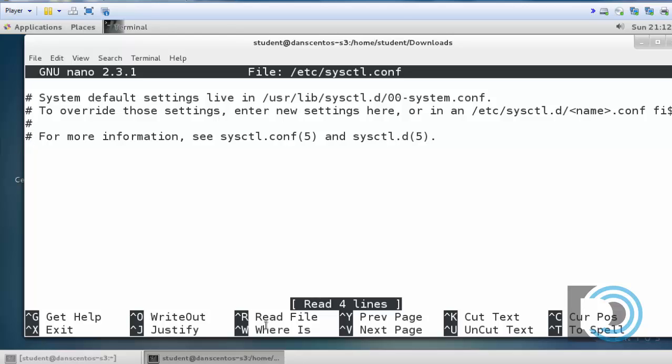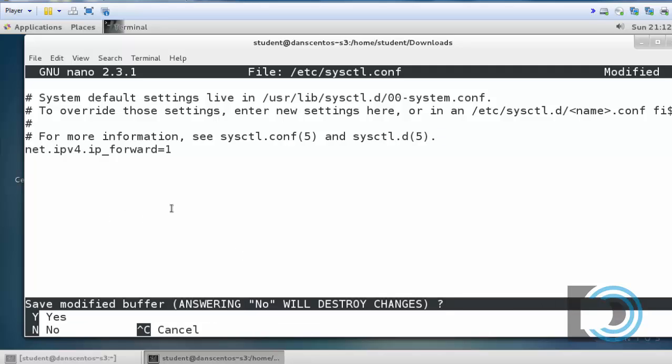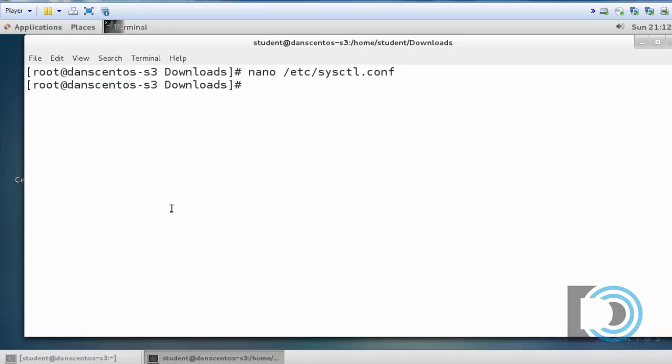Sysctl can be used to dynamically change kernel parameters, and I'm going to use it to turn the CentOS 7 server into a router. net.ipv4.ip_forward equals 1. I'll save that, Control X, Y, and enter. Now I can load that sysctl conf file,